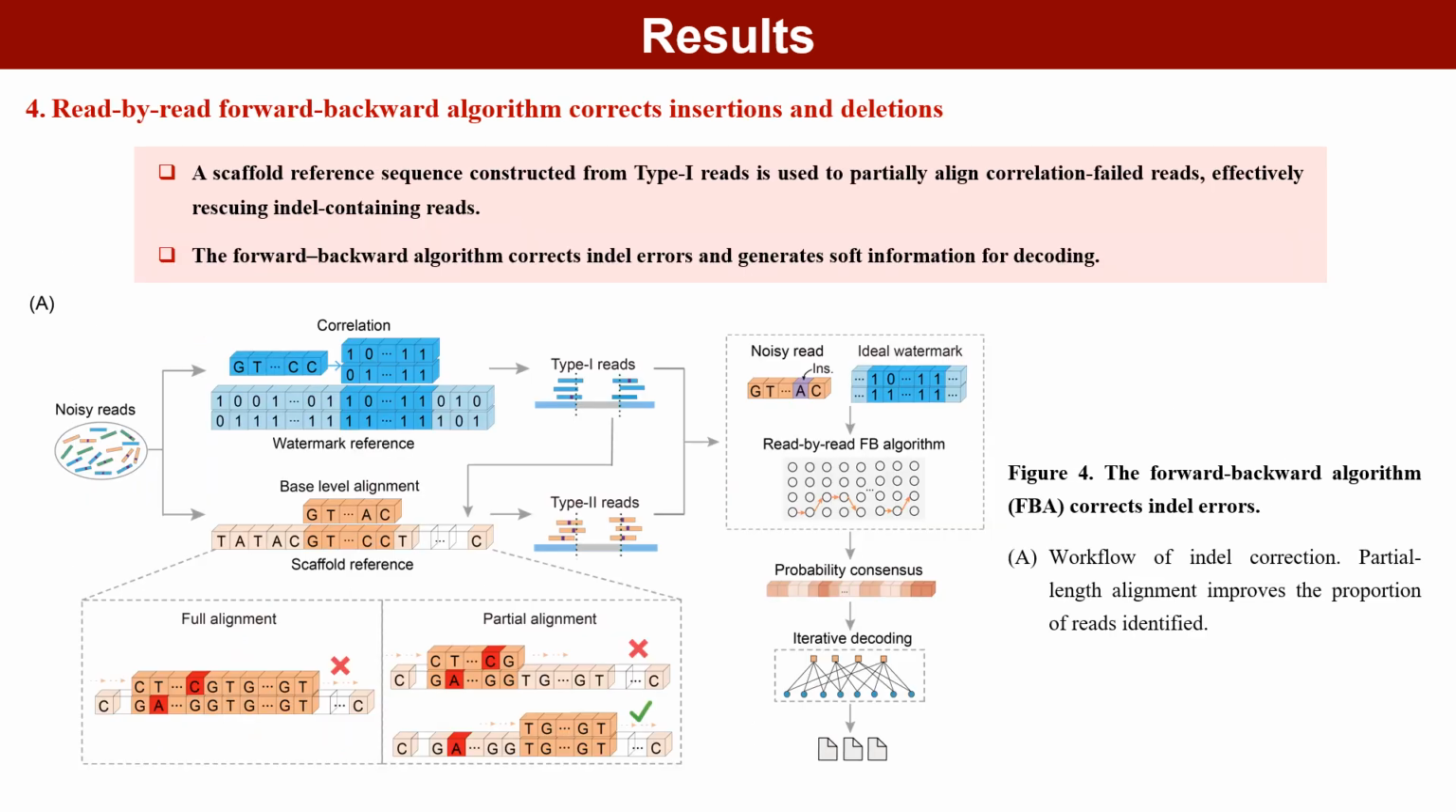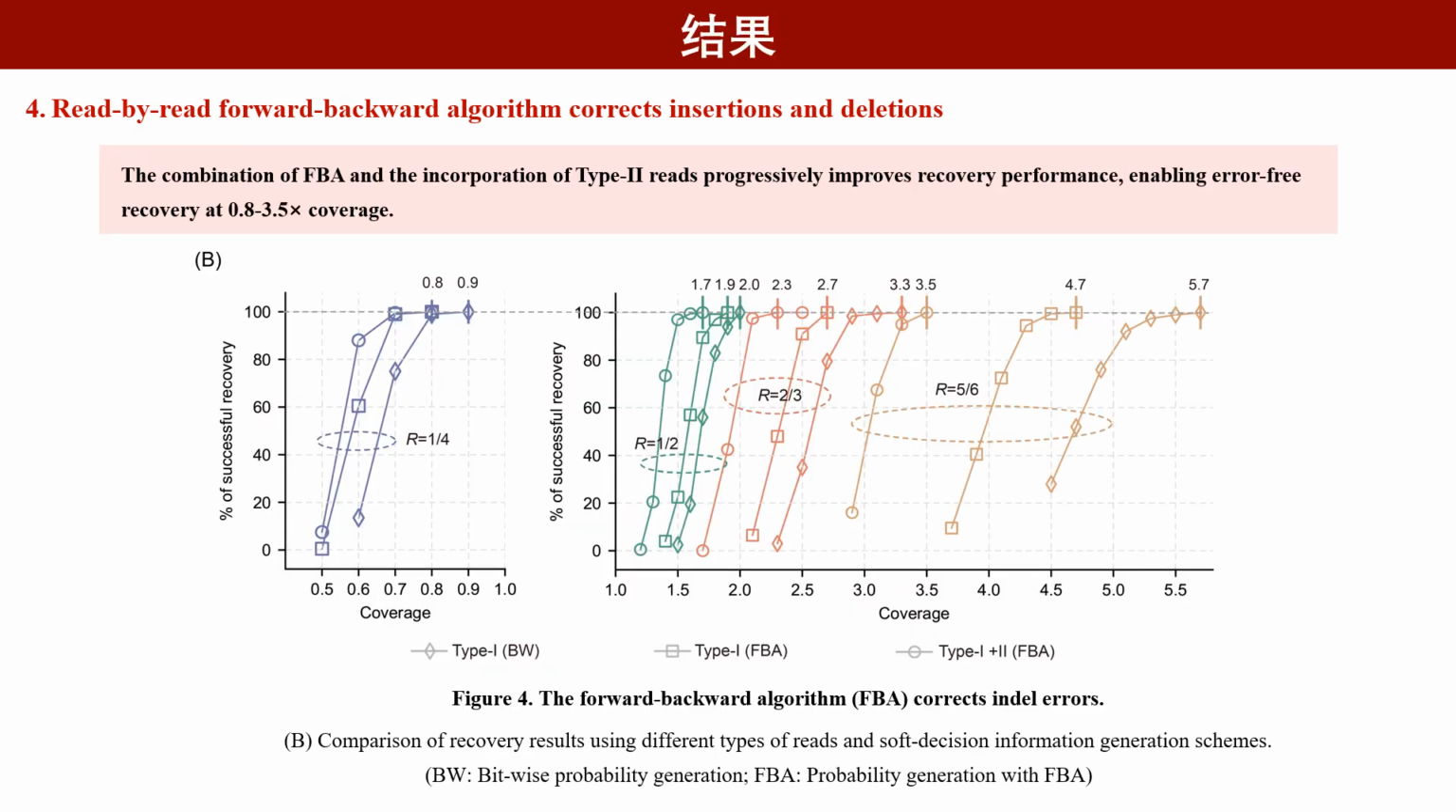In the presence of indels, we employ the scaffold reference in combination with the forward-backward algorithm to rescue noisy reads. Specifically, a scaffold reference sequence constructed from type 1 reads is used to partially align correlation-failed reads. The forward-backward algorithm then corrects indel errors and generates soft information for decoding. The combination of the forward-backward algorithm and the incorporation of type 2 reads progressively improves recovery performance, enabling error-free recovery at